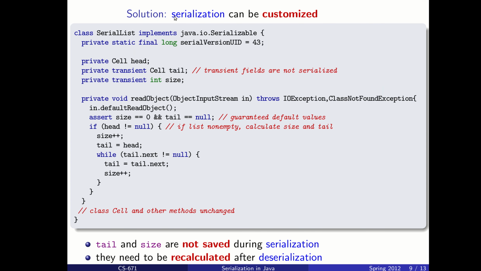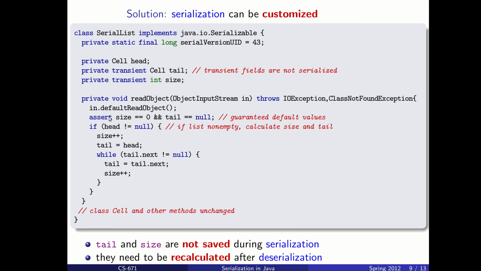However, we can customize our serialization and do it a little more intelligently in a few different ways. For instance, a quick gain that we could get is to not store the tail and not store the size, but to recalculate them when we deserialize. So we still have the head, tail, and size inside of the list itself, but when we deserialize, for instance, with our read object method here, so we override the read object method and